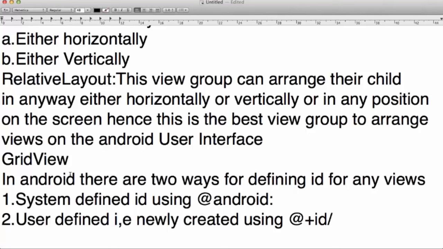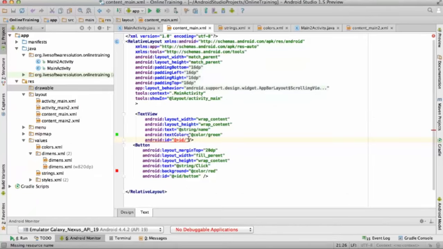@Android colon, @ID action setting, @ID button, @ID FAB, @ID toolbar. Then let me tell you two things that are very important. First of all, @plus ID. See, in Android there are certain views that have a default ID. Let me write down this point, because you have to go through this point.